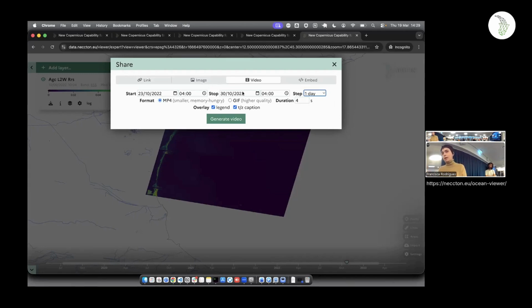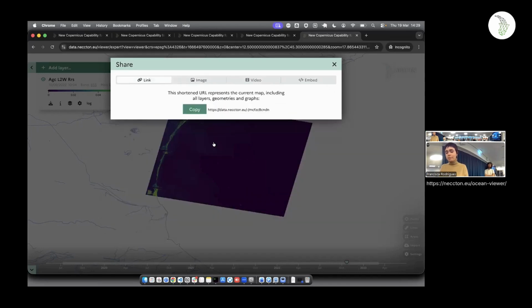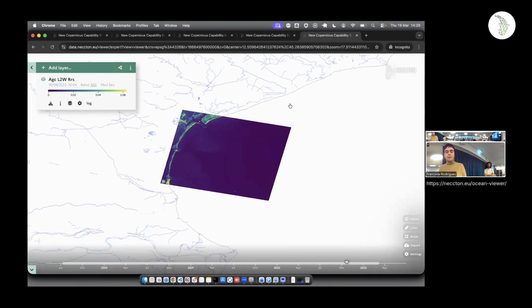You can do this with any data set that you want. You can also download an image if you wanted to use it for your paper or publication. And yeah, you can share also the map. And yeah, I hope you can play with it, and I hope it fits your needs. I think I went a bit fast, but this is mostly